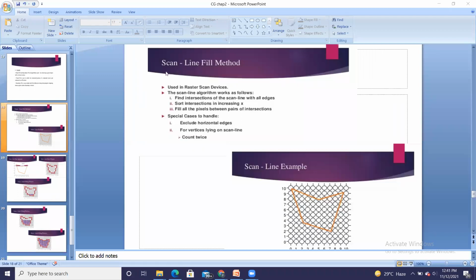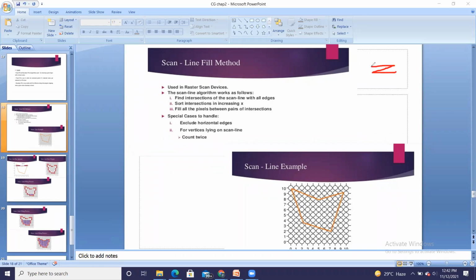So scanline indicates that line by line we are going to fill the color in the polygon. So line by line filling of color. What is the meaning of this? We have already seen in raster scan method, we are starting from the top left corner and moving horizontally towards the right, and then again coming back to the second pixel, that is first pixel on the second line. So it is nothing but a kind of zigzag like structure.